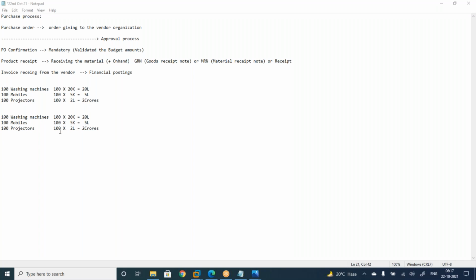I want the quantity. How many will you purchase if you are a purchasing clerk? That depends on the purchase acquisitions, where we do a survey or some demand forecasting.